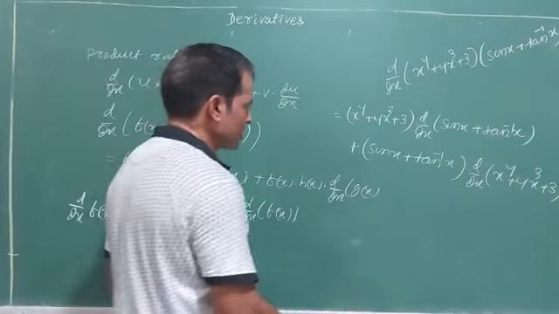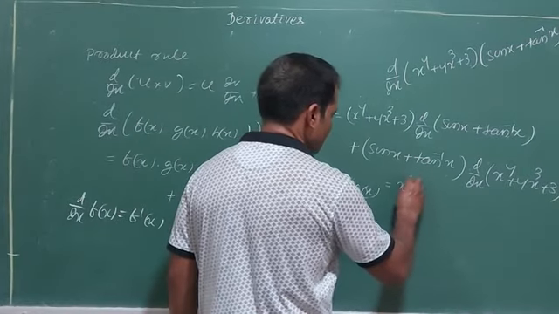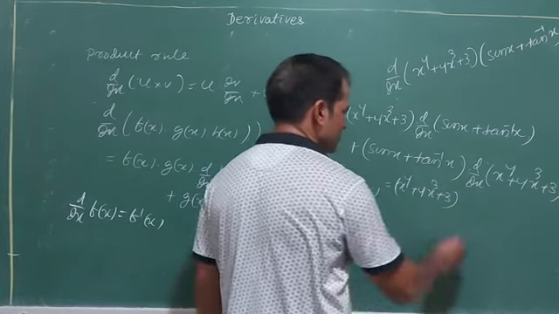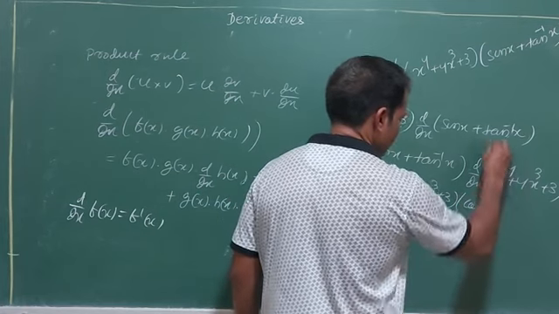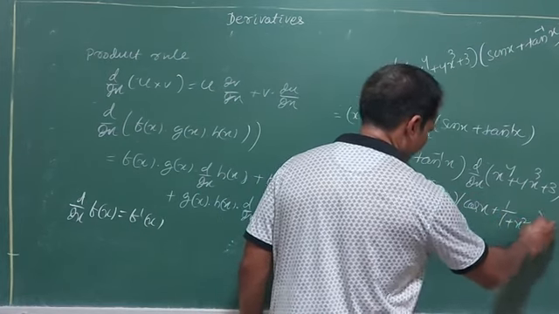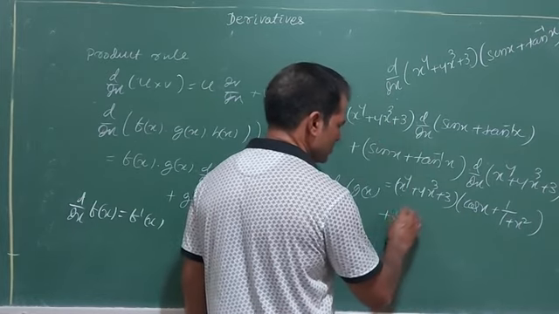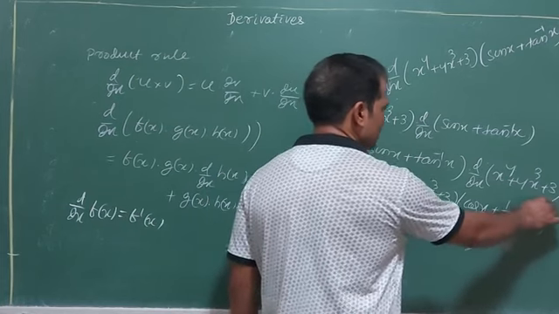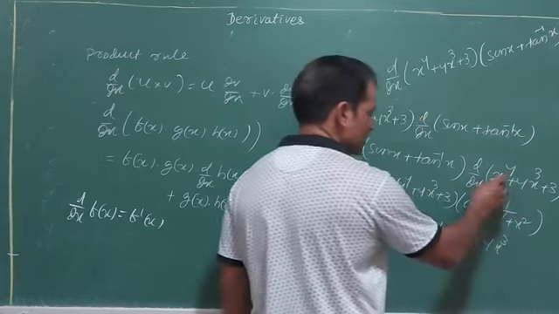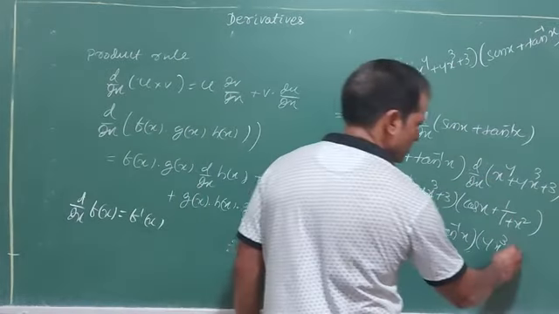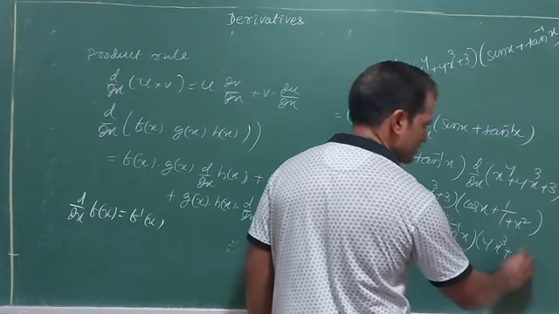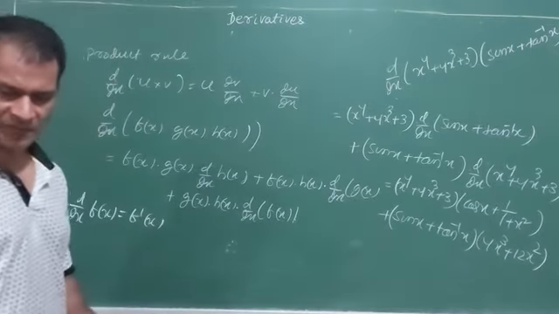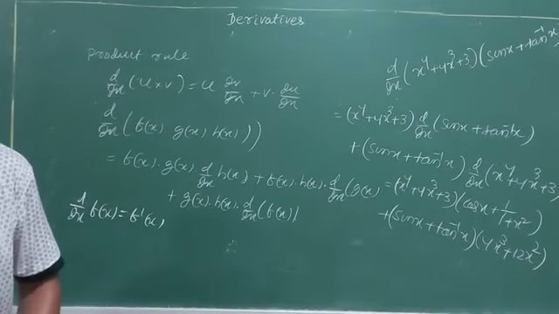Alright, so now go with the formula. I'm not giving any difficult questions now. x to the power 4 plus 4x cube plus 3 into this derivative: sin x derivative is cos x, tan inverse x derivative is 1 by 1 plus x square. Plus this one is silent now, sin x plus tan inverse x into derivative of this: x to the power 4 comes under the formula x to the power n, 4x cube plus 3, x cube derivative is 3x square, 12x square. Okay. Keep it like this. Okay. So now let's go for question 2.